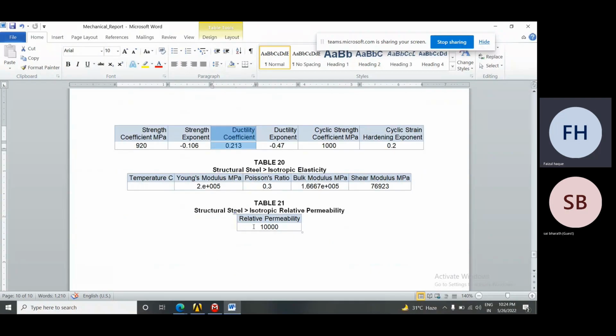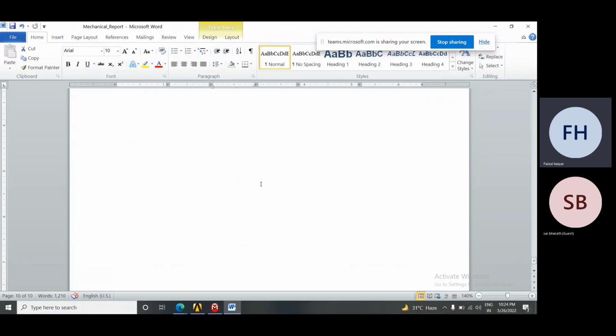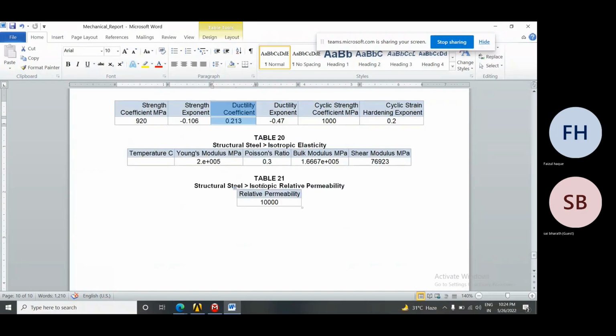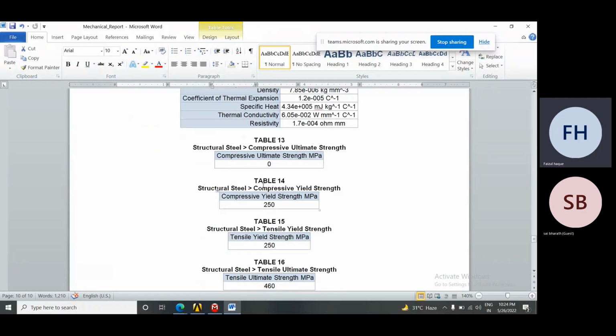Whatever is the value for structural steel, the default value is taken here,